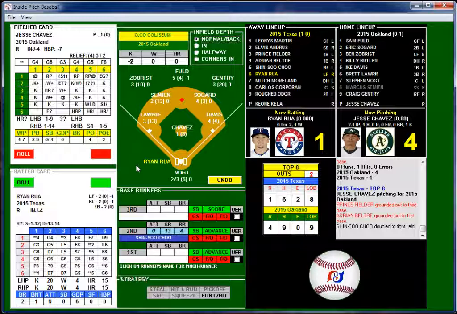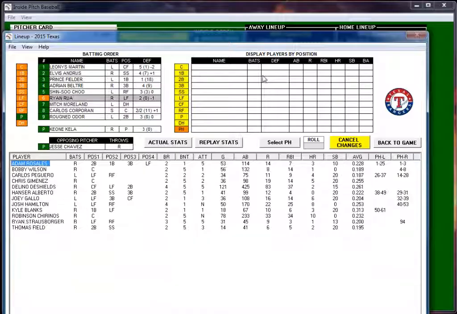All right. Rua, who's 0 for 2 with the walk. He is the left fielder. Big spot here. Ryan Rua.